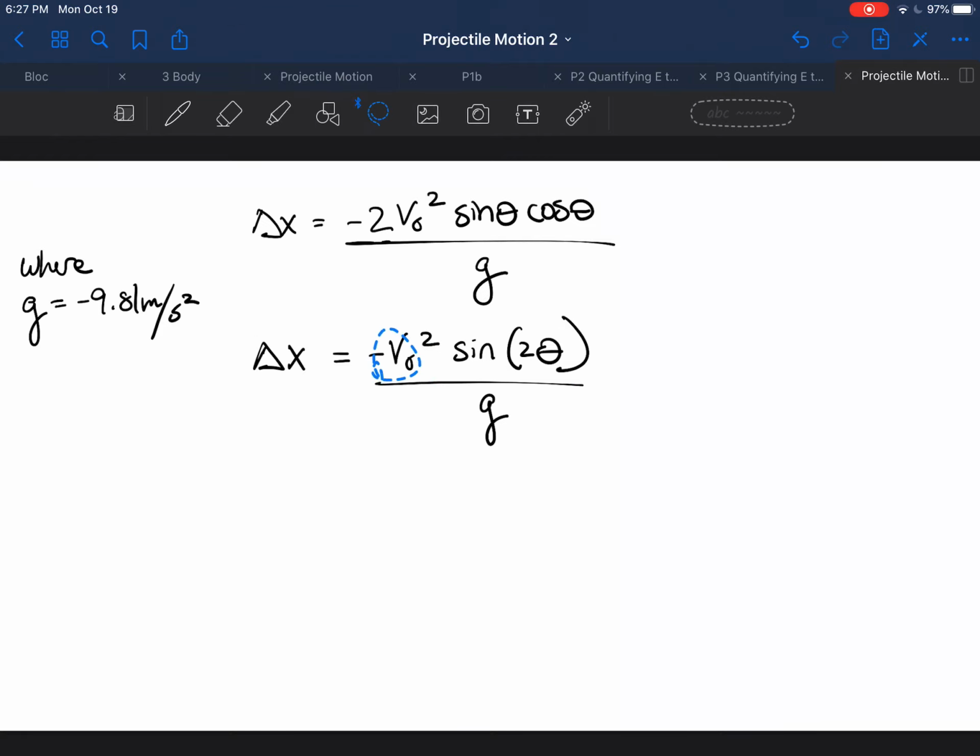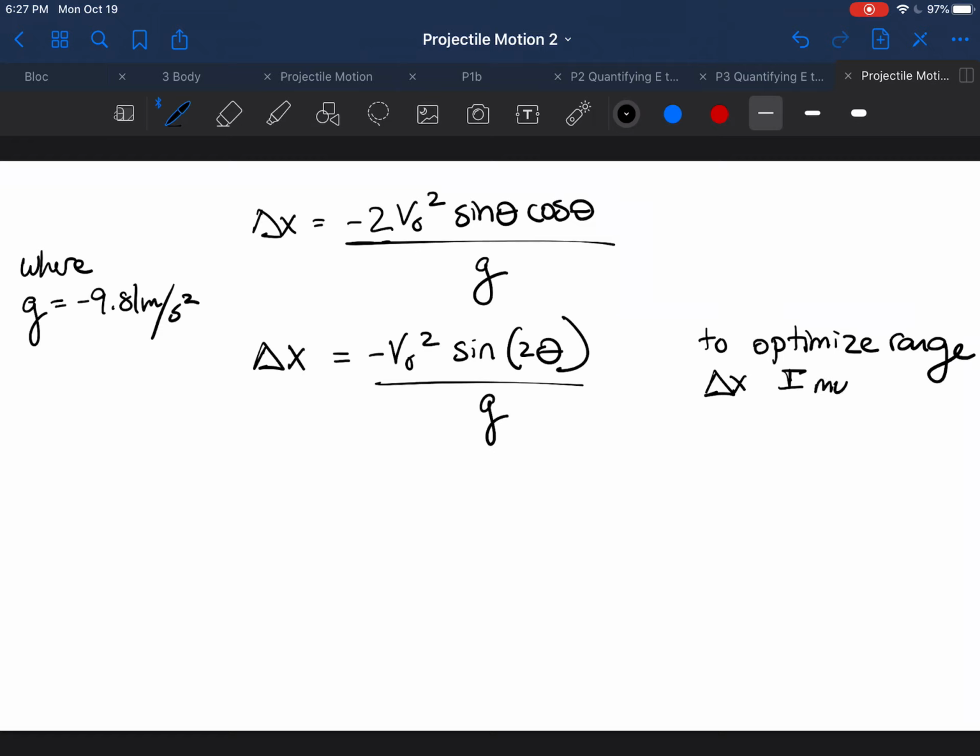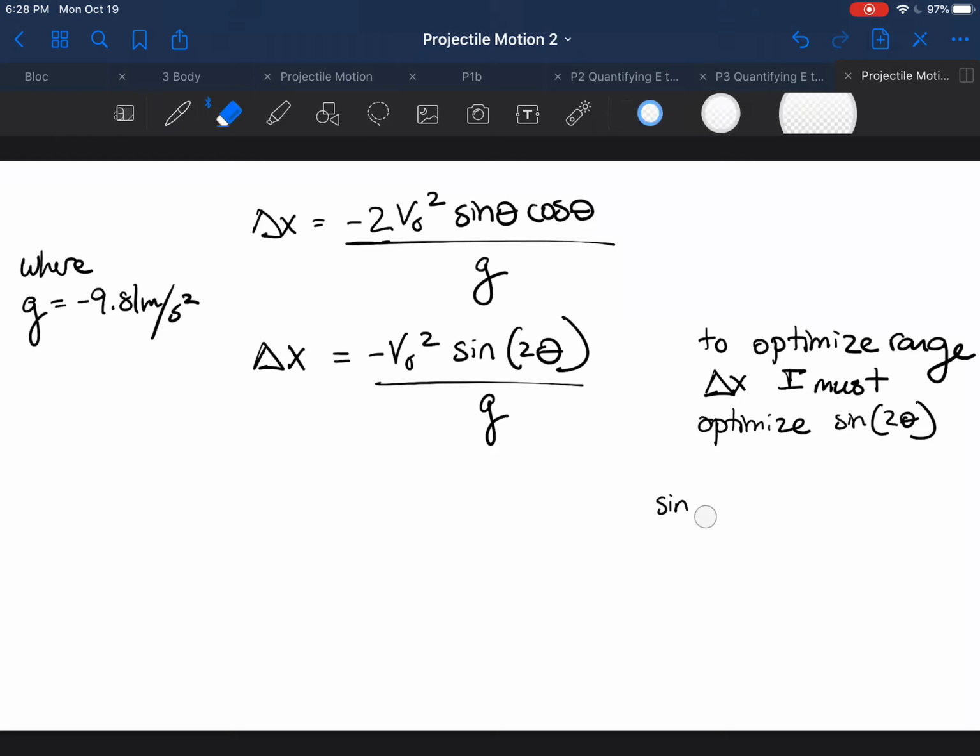And what I can see here is that now, in order to optimize this range, I have accomplished my goal. I only have v0, theta, and g. And if I want to optimize this range, I just need to figure out when sine is going to be the greatest. So sine is the greatest when it's 90 degrees. So in order to make this 90,